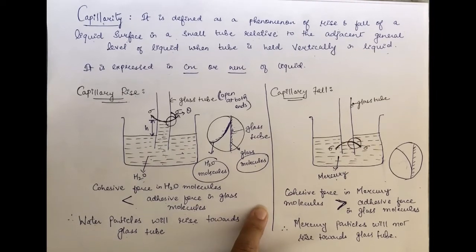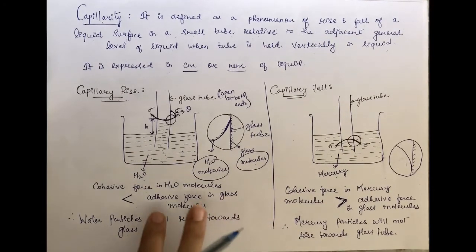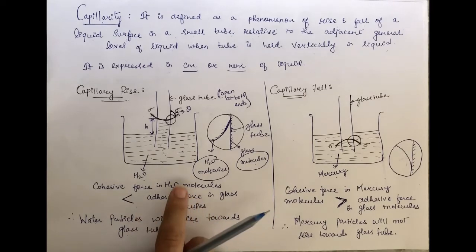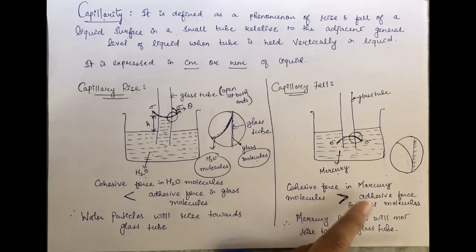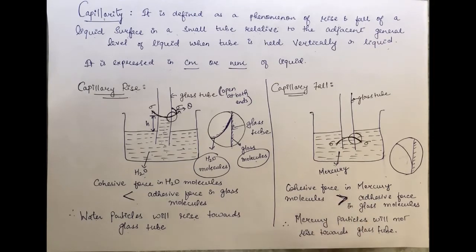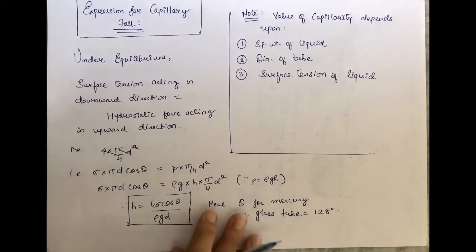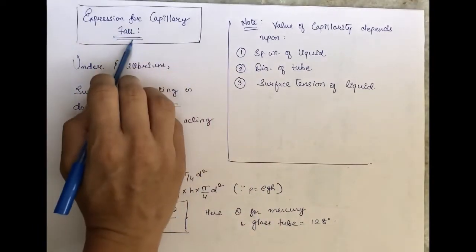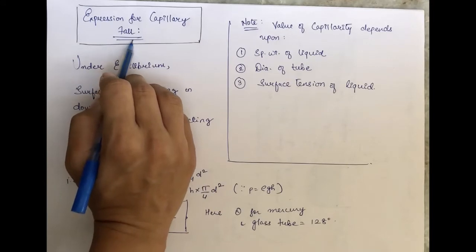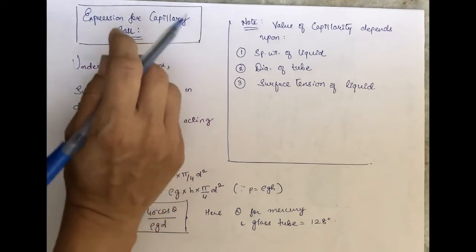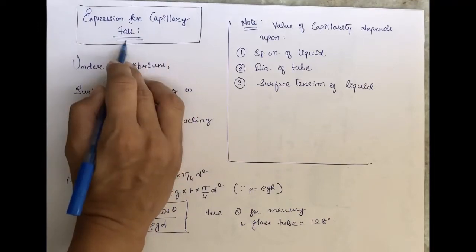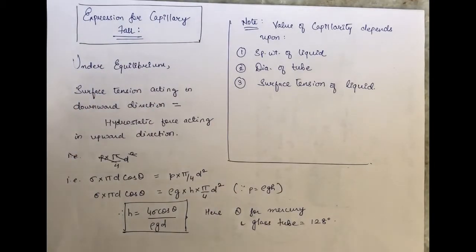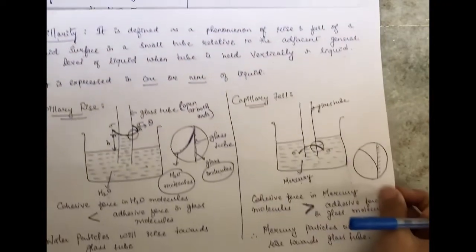Okay, so now let's see how we can derive the expressions for capillary rise and capillary fall, which you will use to calculate numericals. Here is the expression for capillary fall. First of all, we will see how the derivation or expression for capillary fall is achieved. Now, if you look at this figure and compare it with the expression,